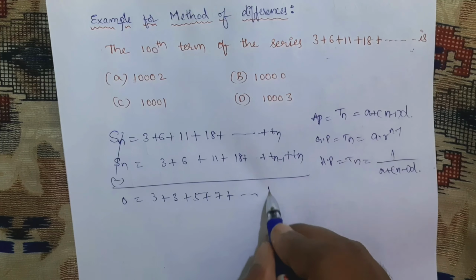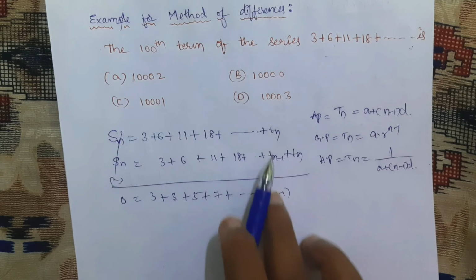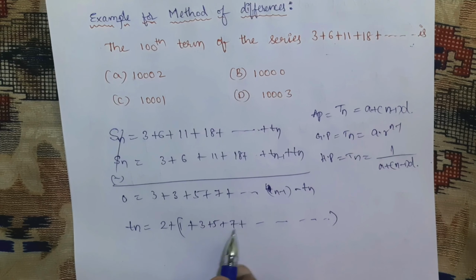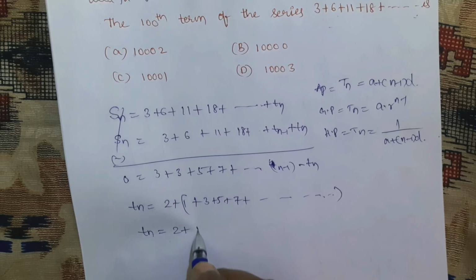This is n minus 1 times, because out of n terms we are deleting all this. So Tn minus 1, this is minus Tn. So that Tn I will bring to here. Tn is equal to 3 plus, where 3 we can write as 2 plus 1, then 3 plus 5 plus 7 plus so on, n minus 1 times. The last term is also included. Then the sum of all these terms 1 plus 3 plus 5 plus so on, we will consider, gives Tn is equal to 2 plus n square.